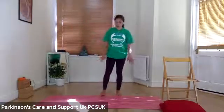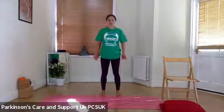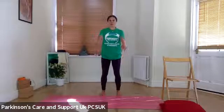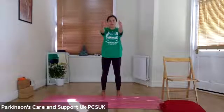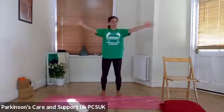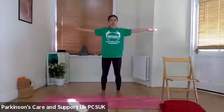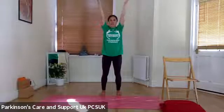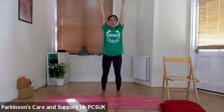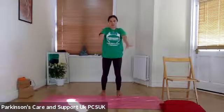So just have a bit of fun with it, starting with the arms down beside the body, palms facing backwards. Breathing in, raising both arms to shoulder height, palms facing down. Exhale, turn the palms to face inwards, right palm into left palm. Breathing in, open the arms wide, arms parallel to the earth. And exhale, rotate the palms towards the ceiling. Breathing in, reach both arms up towards the sky. And exhale, turn the palms of the hands towards me and lower them down towards the ground beside the hips,